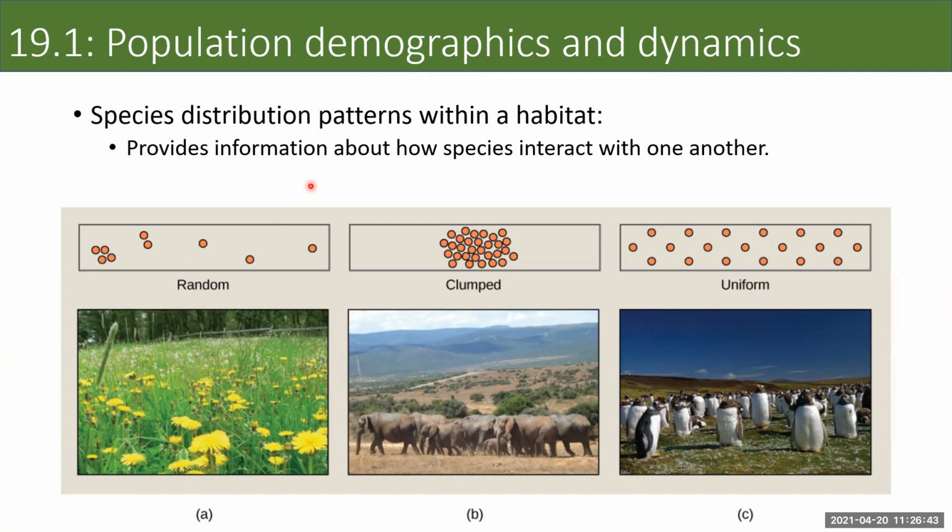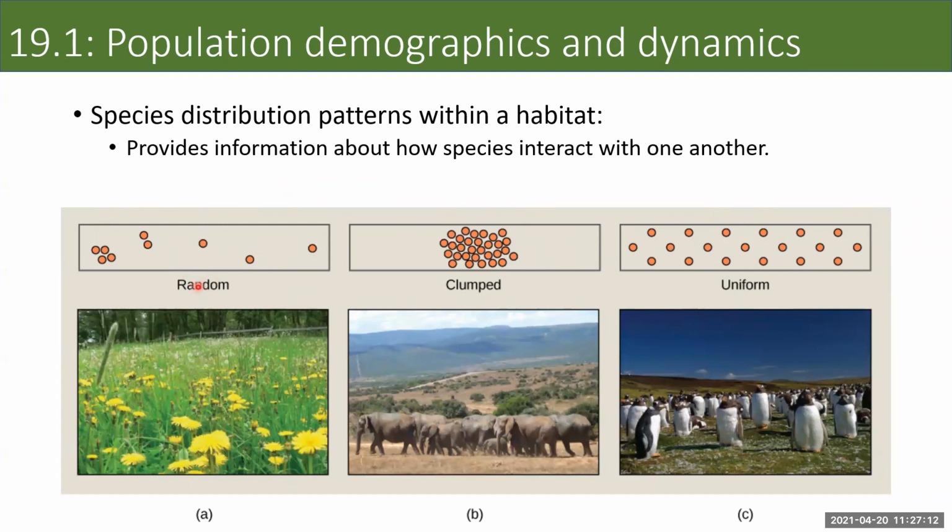Next, we can look at the distribution patterns of individuals within a habitat. And this distribution pattern is really important because it allows us to get information of how those species may interact with one another. So for example, the three distribution patterns we see are random, clumped, and uniform, right? Random is